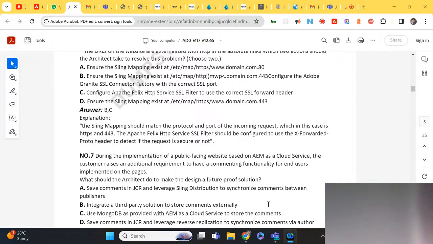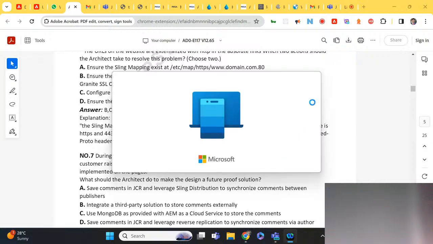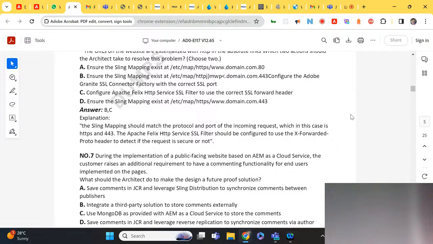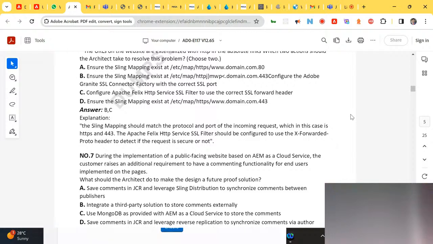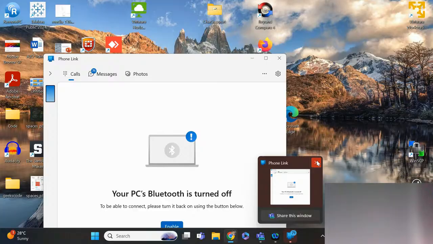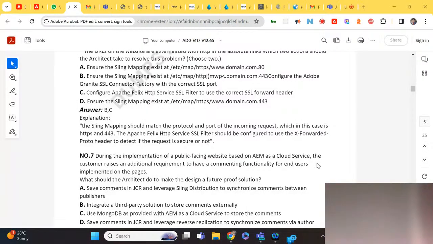So we know we will not store in JCR because a huge amount of content coming onto the JCR in a short span of time will hit the performance. So we are clear that options D and A are struck out.